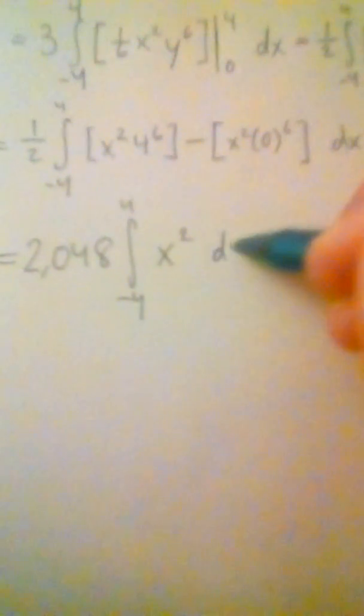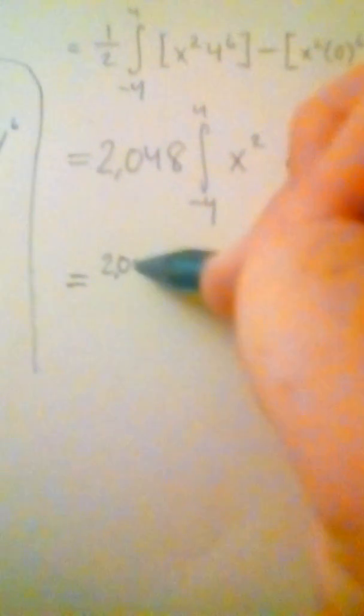Then just the antiderivative of x squared, which is pretty simple. I think we all know that it is 1/3 x to the 3rd, with the boundaries being 4 and -4. Anyways, let's factor out the 1/3, and we would have 2,048 thirds,